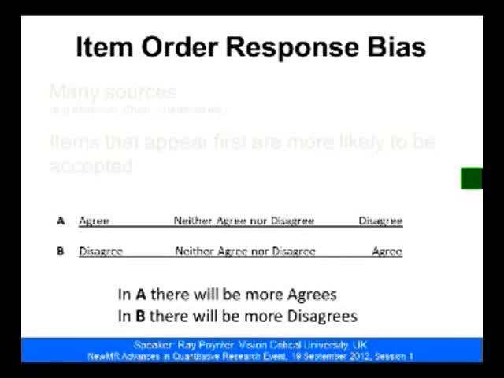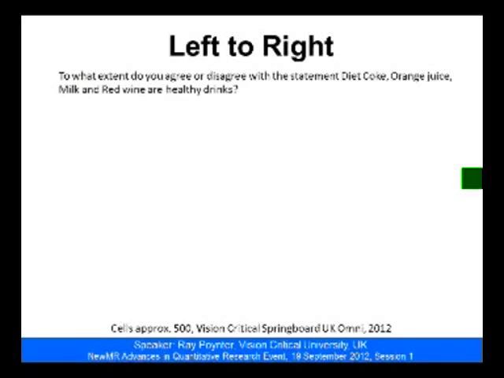Now, a lot of this research has been conducted in places like universities with students. A lot of this research is in North America. So I thought it would be useful just to validate that and have a look in terms of the sample that I use on a regular basis with some of the context that I often do a lot of my research in. So I had the opportunity to run several cells of research in the UK on our online access